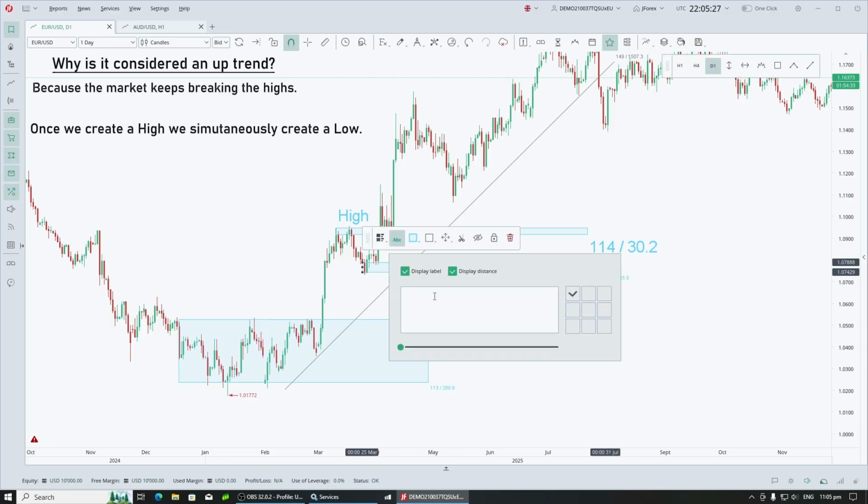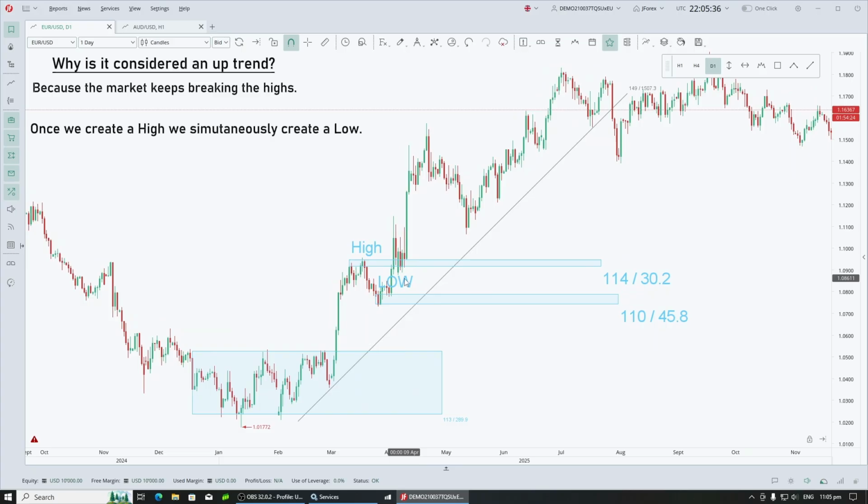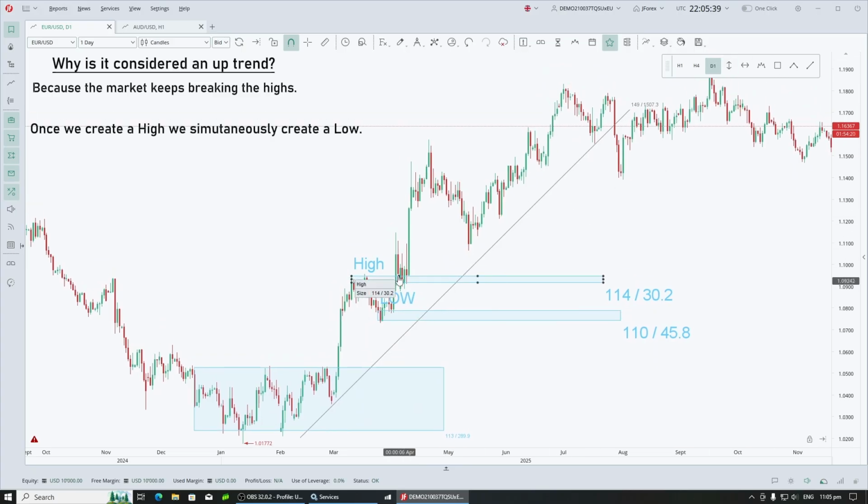Where there is a high, there must be a low to identify an uptrend. So we have this low right here. Now this is considered a higher high, and this is considered a higher low. For this example, I'll just call it high and low. So immediately we broke this high, that is a bullish momentum. We rejected again, creating another high, another low. We broke that same high, creating another high, and then we have a rejection of that high right there,